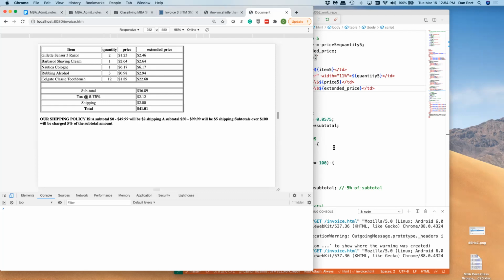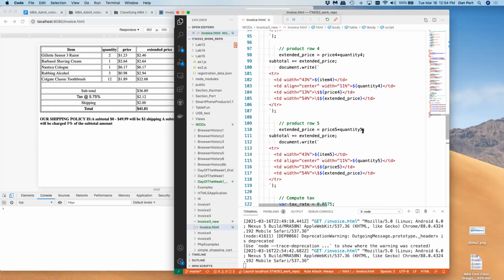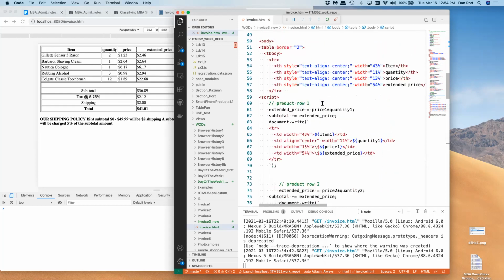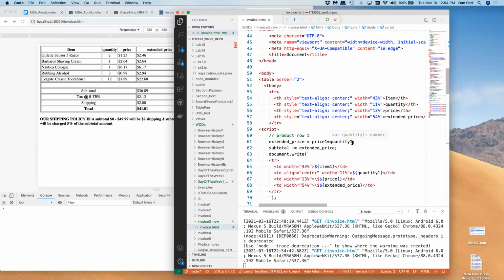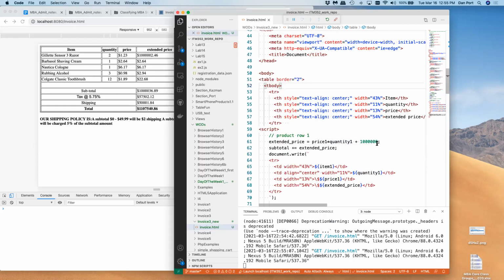Just to double check that I didn't do something weird, I'll just change something on row 1 here. I'll make it this plus 1,000, just so you can see how it's working. So far I've got everything going. That's pretty much it for this,